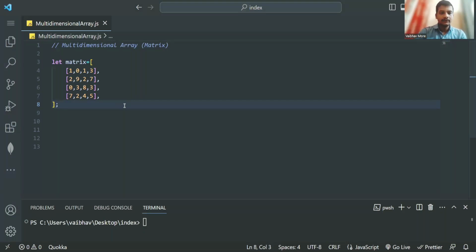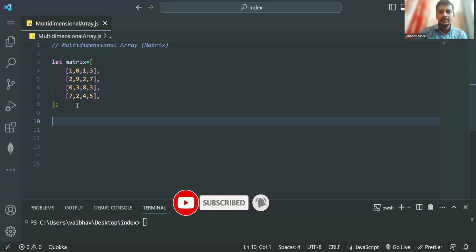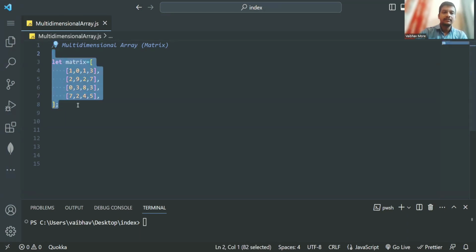Hey guys, so in today's video we'll learn a simple matrix problem. So first, let's understand what a matrix is. A matrix is a two-dimensional array of elements that can be arranged in the form of rows and columns. So if you are given a basic simple matrix array and you're asked to print this array in the form of like